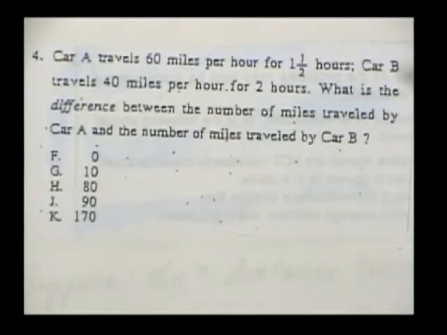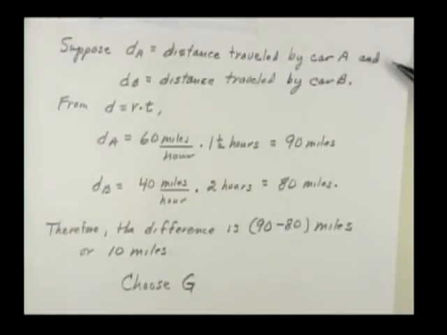Car A travels 60 miles per hour for 1.5 hours. Car B travels 40 miles per hour for 2 hours. What is the difference between the number of miles traveled by car A and the number of miles traveled by car B? Suppose D sub A equals the distance traveled by car A, and D sub B represents the distance